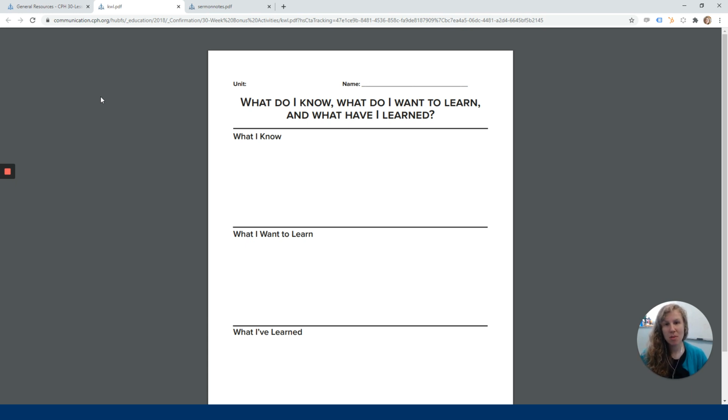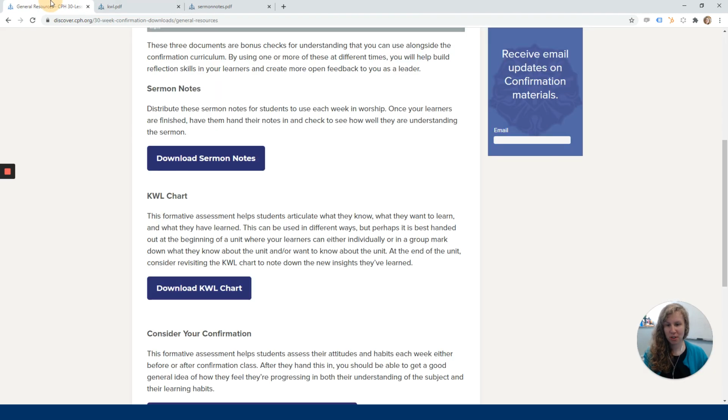So this is meant to be designed on a unit basis. So if you're starting out a unit on baptism, maybe before that first lesson, you send this chart to the kids and families and ask them to fill out, what do they know about baptism? What are their questions? And what do they think they have learned so far? This will help you to really focus your digital teaching time and make sure it's focused on the questions kids have, or maybe even some misunderstandings they have. I also want to say, although this is meant to be designed on a unit level, I definitely think you could also use this on a lesson level, depending on your church's situation.